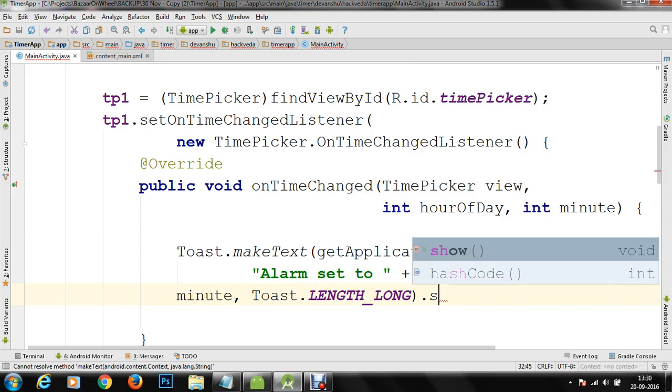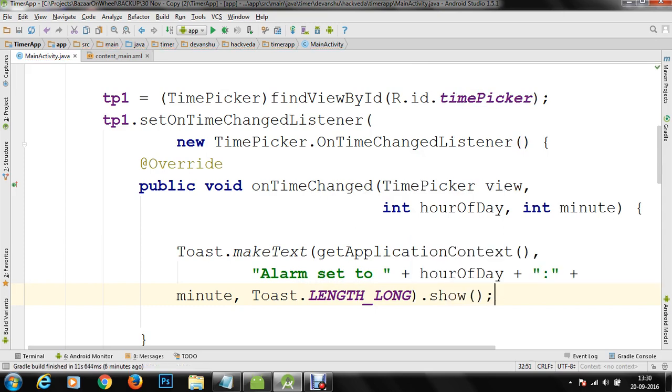Then we are going to call the show method of our toast. So now as soon as we interact with TP1, whatever values are selected will be displayed in the toast, and we can successfully display the interaction of our time picker control with the user.